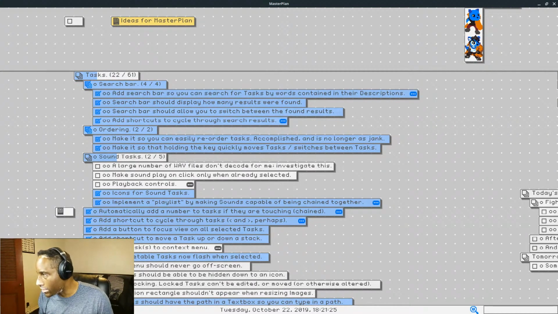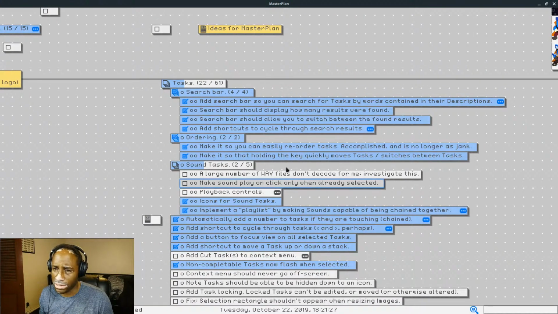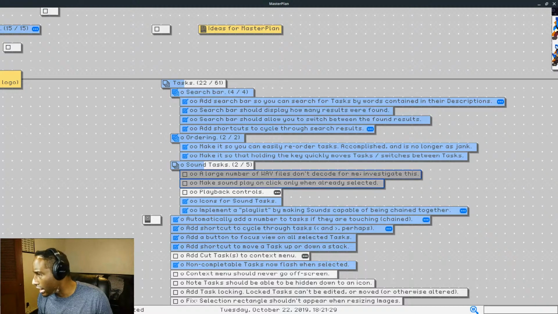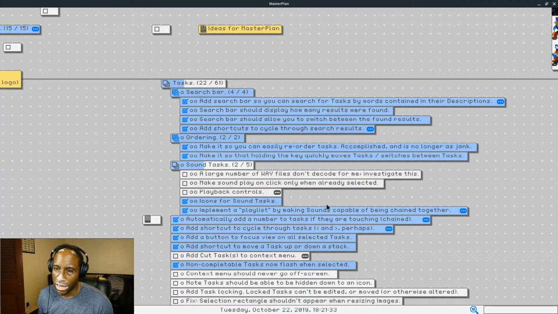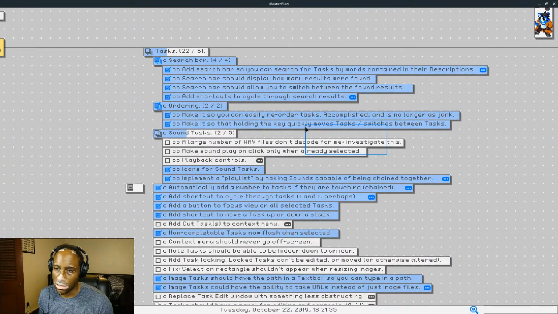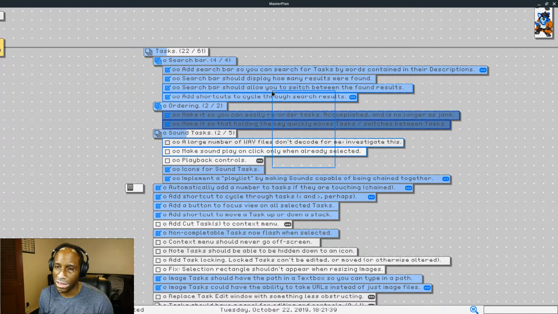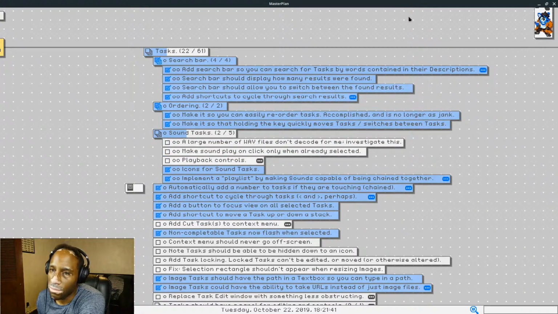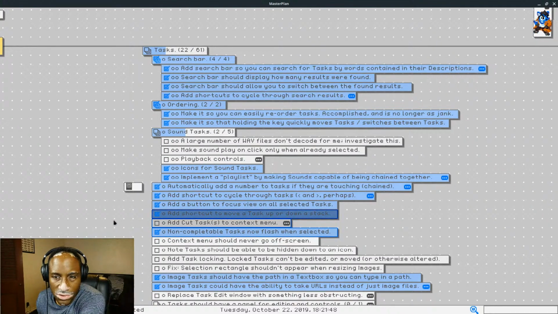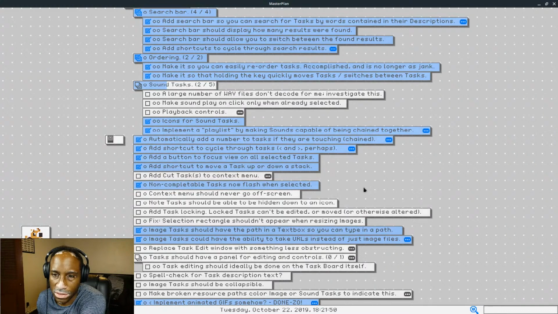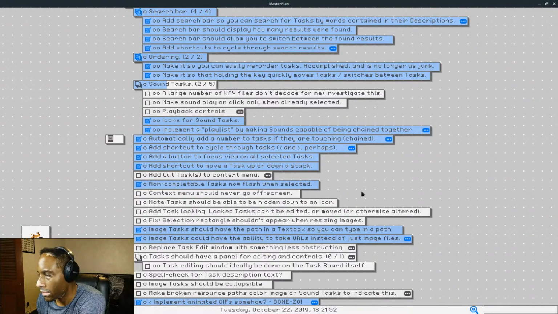Okay, let's see. Bundi says it's kind of hard to see the selection box. I think it shouldn't cycle between white and gray, but just gray and a darker gray. I think I see what you mean. Yeah, it's not great. It's something that I've been thinking about and working on a little bit at a time. It's never really super easy to see what tasks are being selected, so I think I want to do something about that.